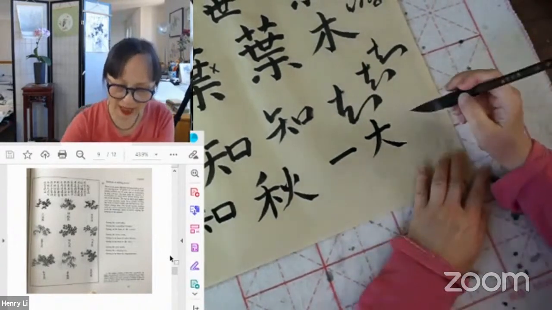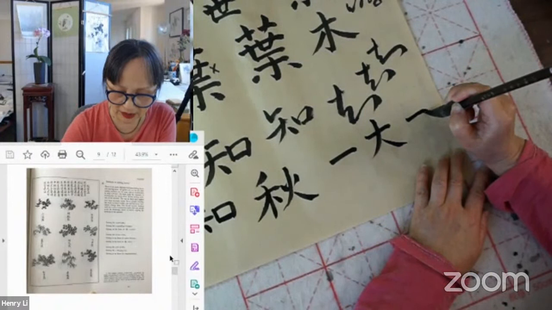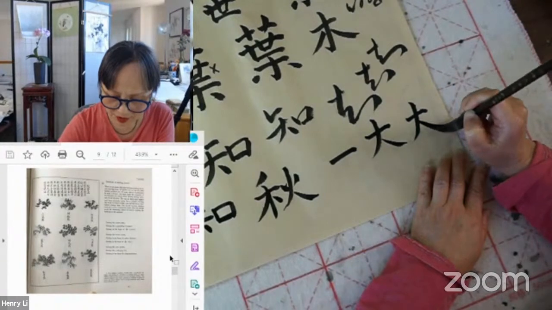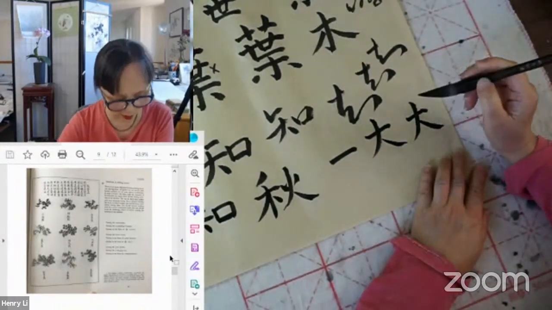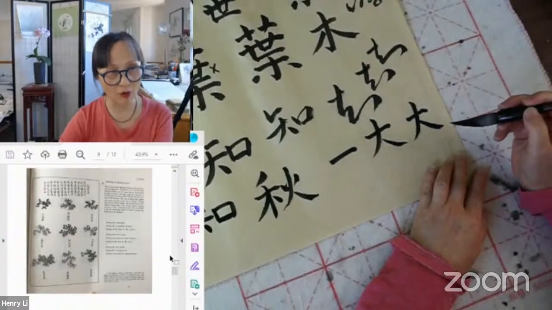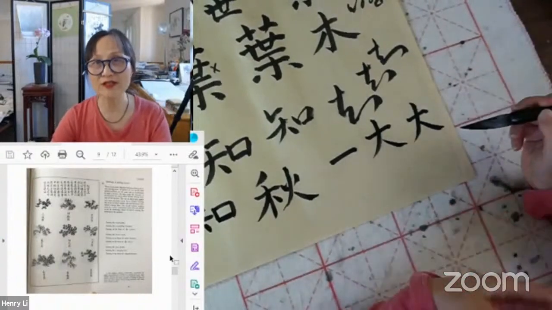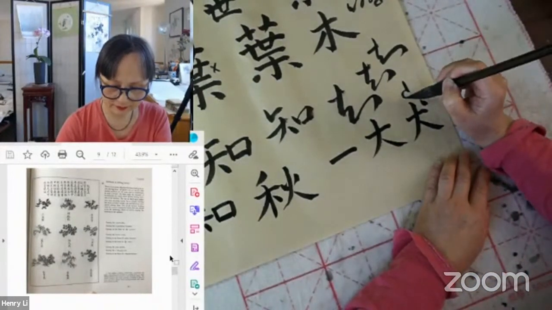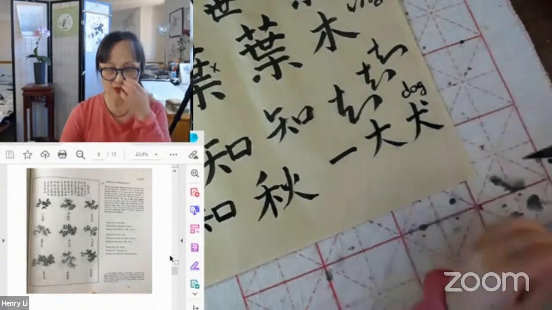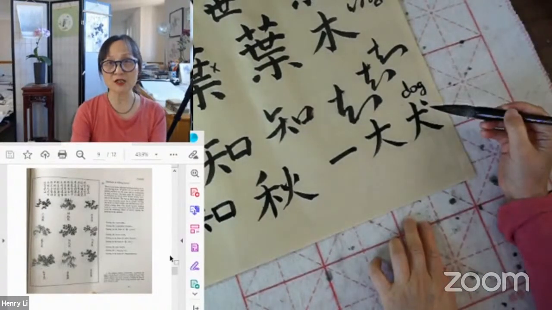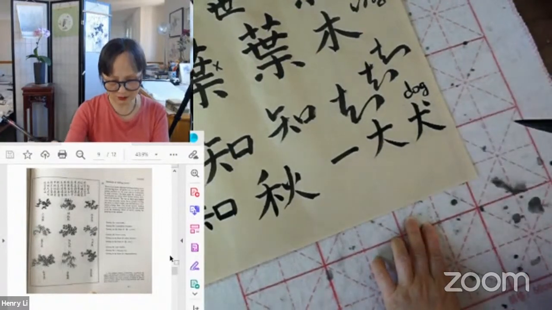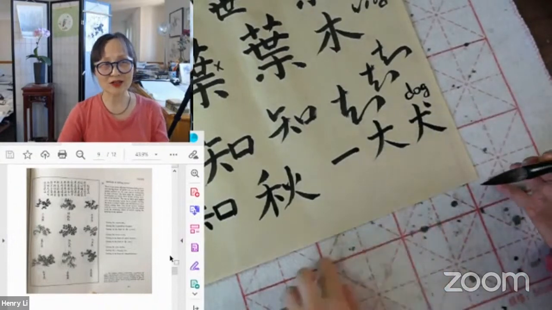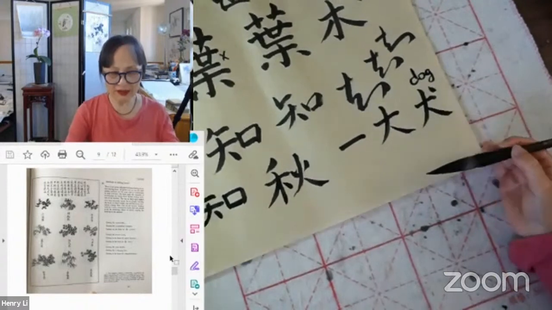We also have other characters for dog, but this one is still used nowadays, though the most useful dog is another character. We say gou, but this is kind of written language, like written language dog. This is the Chuan. So put a dot on the right top corner of the large. This is the dog. Why I talked about these characters, because